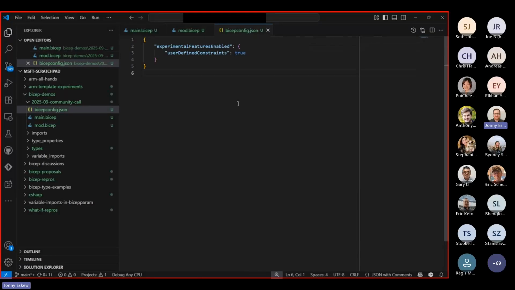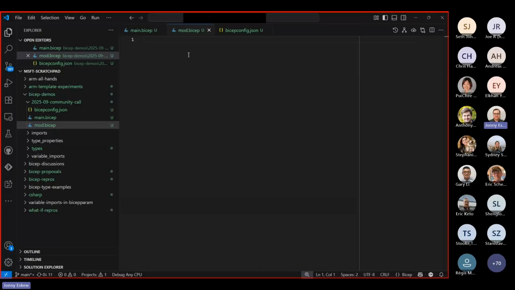Okay. So for this feature, this is mostly backend, but we do have some completion support in Bicep. Just up front, you'll need to have the feature flag user-defined constraints enabled in bicepconfig.json. So for a user-defined constraint, these would be used when you have a value that doesn't fit neatly into existing